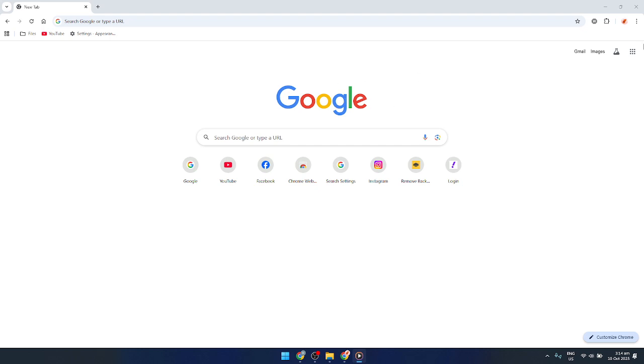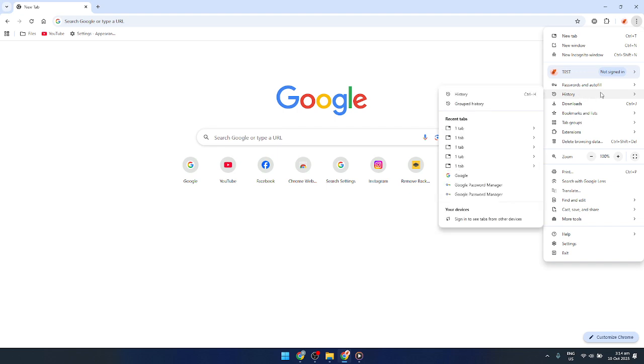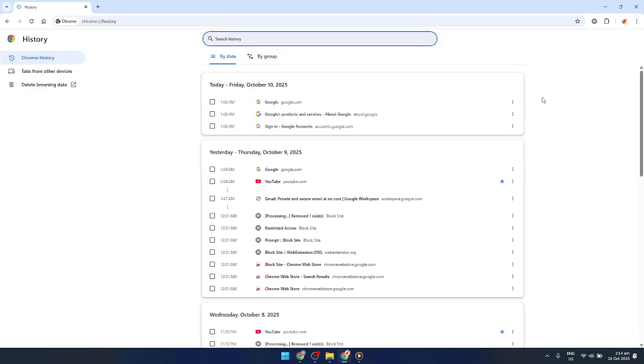Look to the very top right corner of the browser window and find the three vertical dots. That menu is where Chrome keeps most of its tools and settings. Click it to open the dropdown. In the menu that appears, move your cursor to History. A side menu will appear. Click History again there. This takes you to Chrome's History page, where you can see a list of sites you've